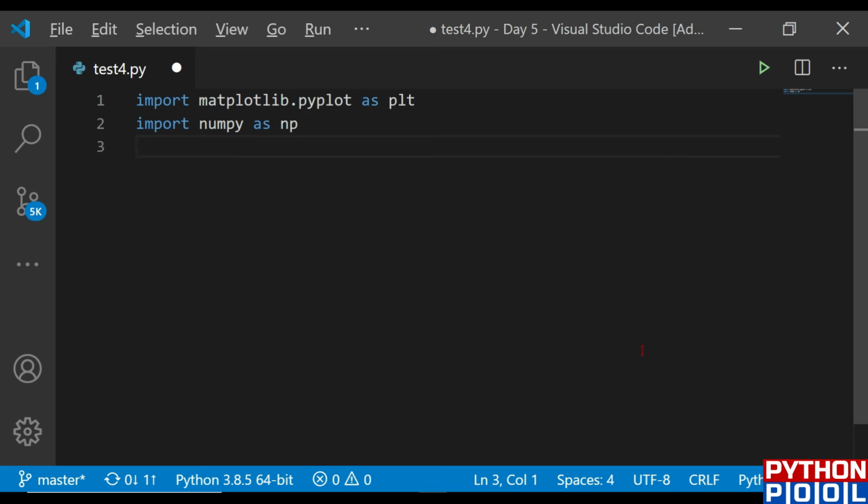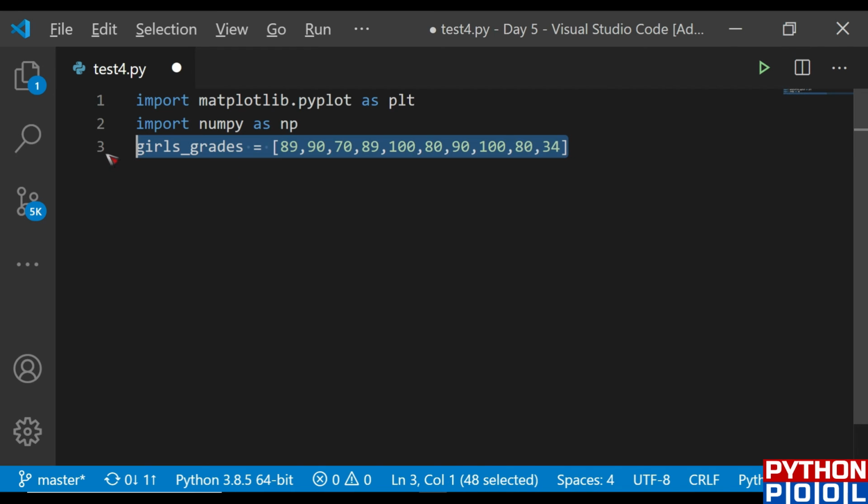And after importing the required packages, first of all I'm going to give the girls' grades data. So let me give the data 89, 90, 70, once again 89, then 100, then 80, then 90, 100, 80 and 34. Now let me give the boys' data.